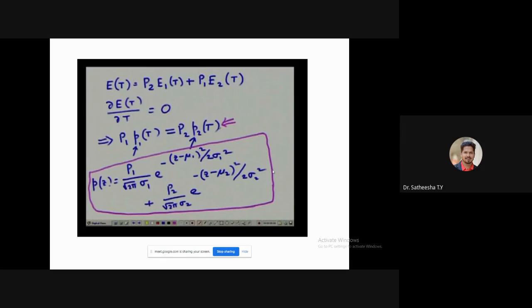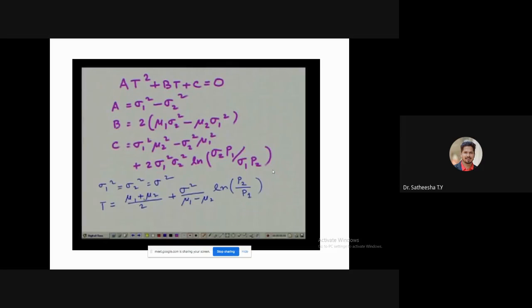Here mu1 is the average intensity value in the background region, and mu2 is the average intensity value of the object region, and rho 1 and rho 2 are the standard deviation of the intensity value in the background region and the intensity value in the object region. So by assuming this Gaussian probability density function, we get the overall probability density function as given by this expression.